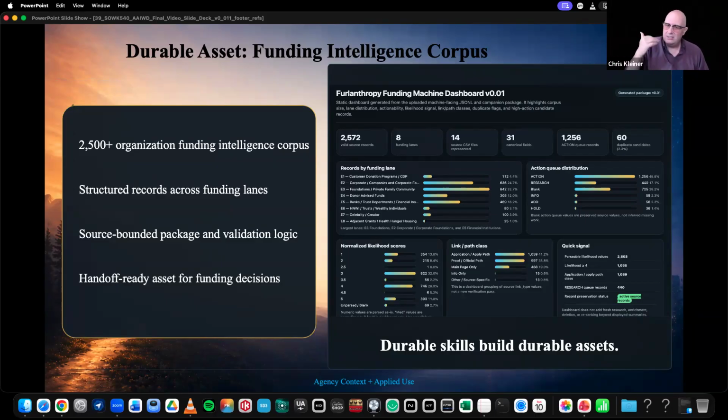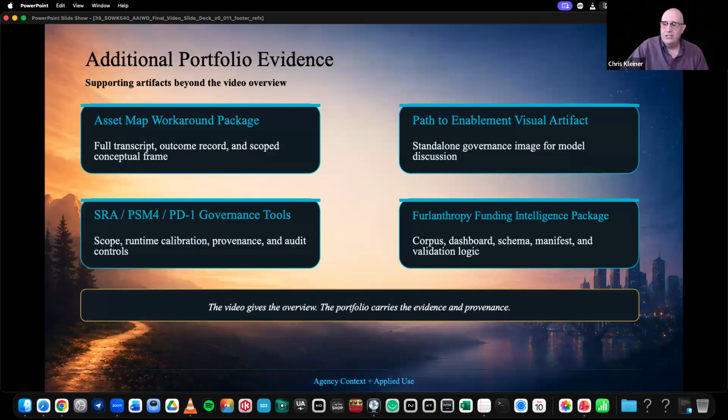Let's check. So this is where the durable skill of setting up a workflow and replicating it and doing it in-house, you get app-like quality, but it's customizable because everything in this dashboard I can change and move around. I'm not waiting for them. So additional evidence in the portfolio is bundled up where I was doing an asset map exercise for school, and the third-party app failed, so I had to use my scope rebase to spin up and pull down all that data.